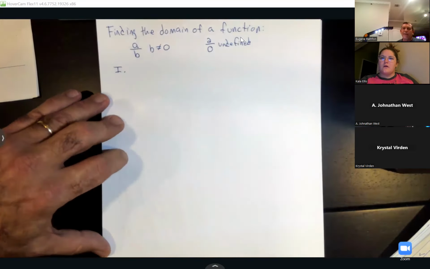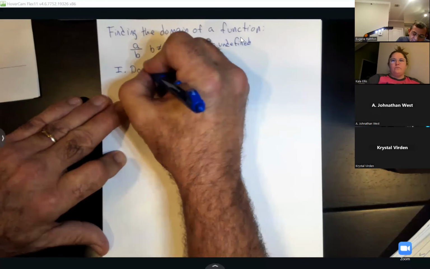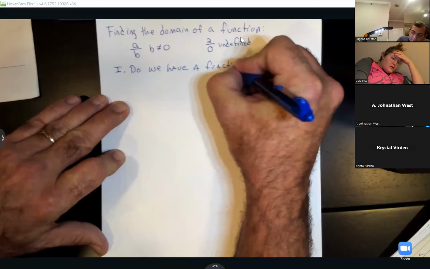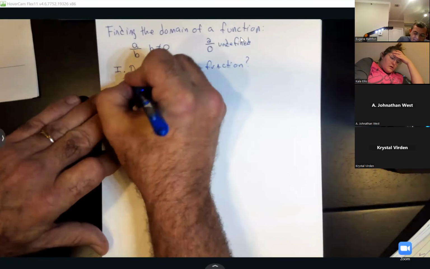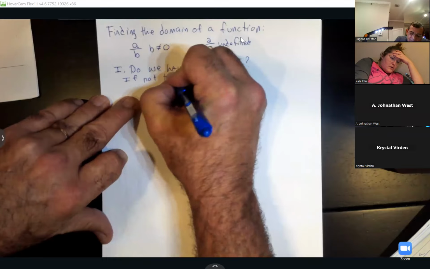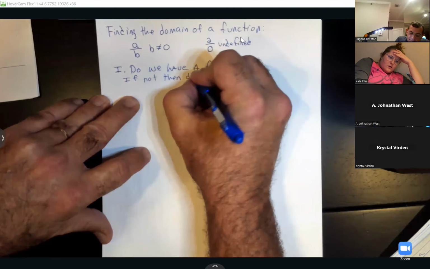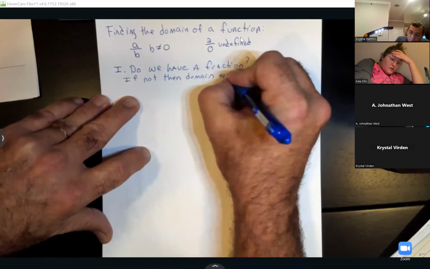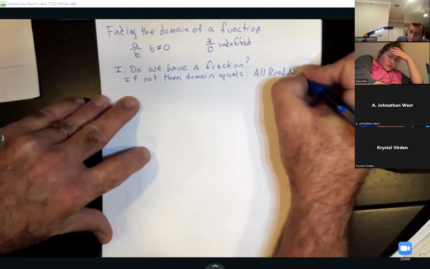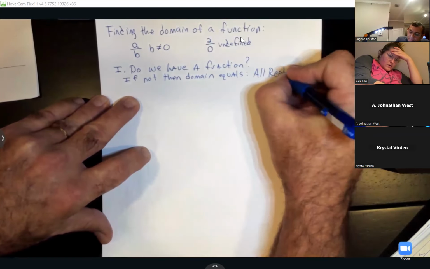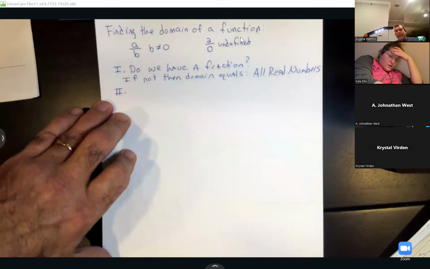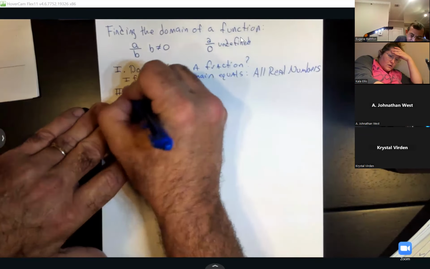So the first step: do I have a fraction? If not, then the domain equals all real numbers. If the function is a fraction,